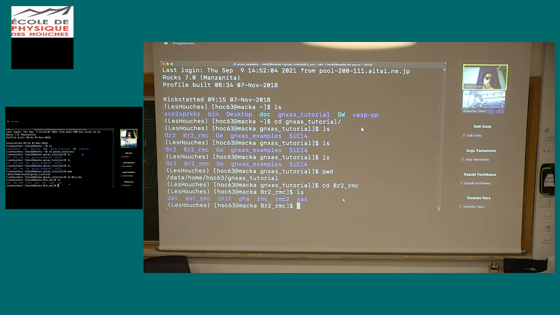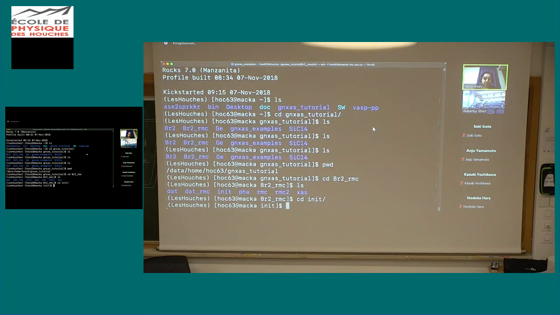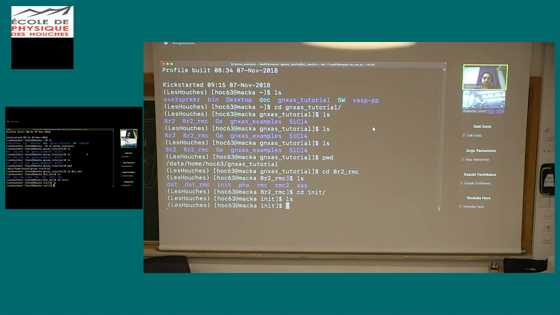Again, as before, usually I create different folders for the various programs. I will not talk about Fagen, because it's the same as GNXAS. So if you go into the folder init, for initial, this is for creating the